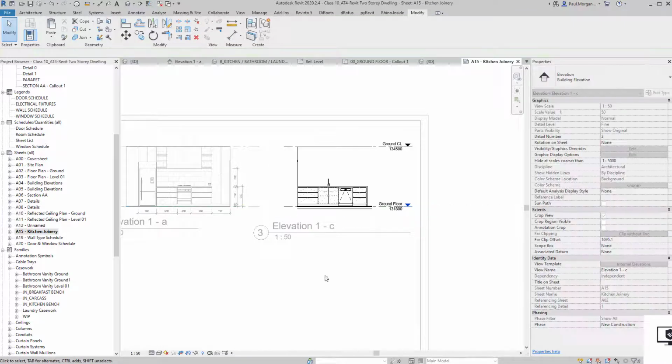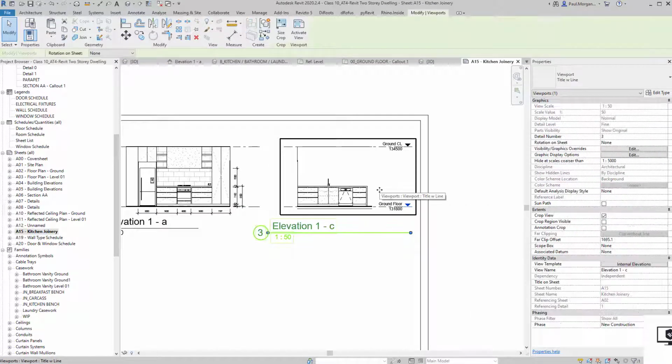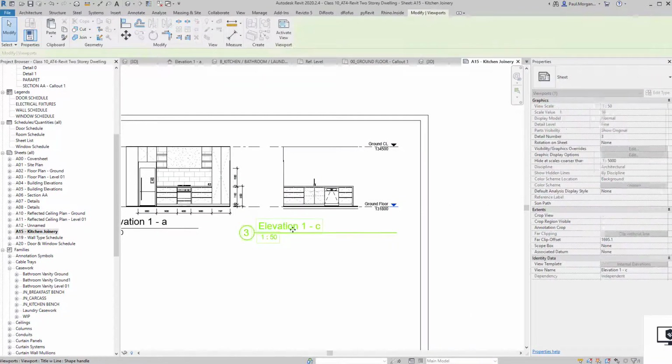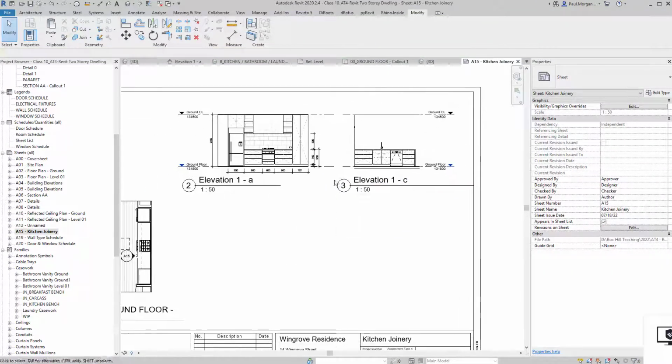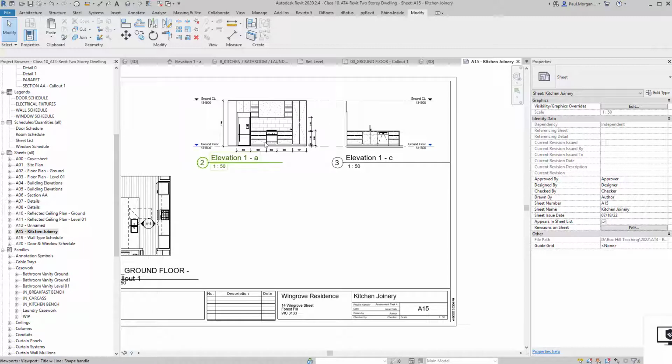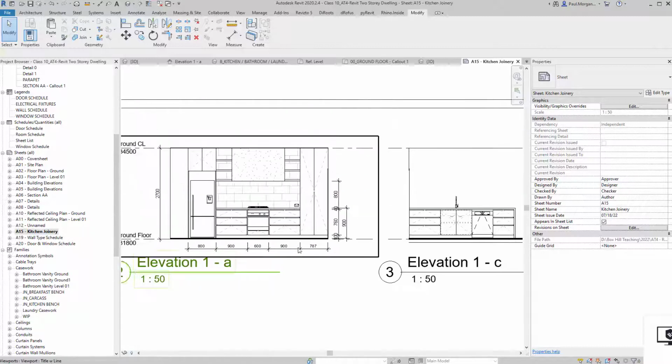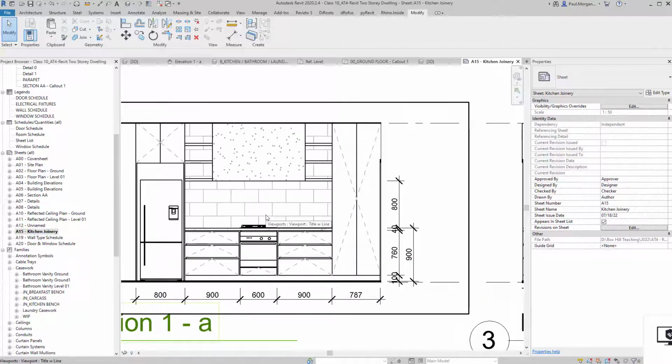I guarantee you, or even to PDF, that these lines don't actually end up being as chunky as they appear just here. So I'm going to continue working on my internal elevations and detailing those up as required. The other thing as well is just adding text over the top,